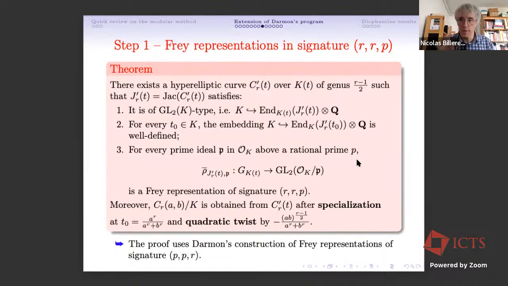So the prime ideals above 2, prime ideals above r, so P_r, prime ideals dividing a^r plus b^r, and those that do not divide this. And in each case, we are just working with the explicit models and making changes of variables to study the reduction type. The problem is that